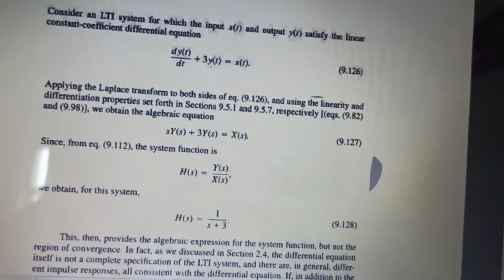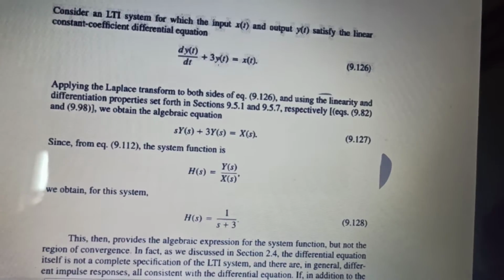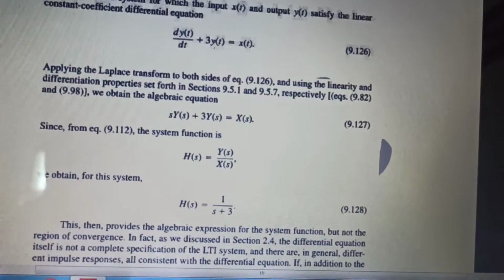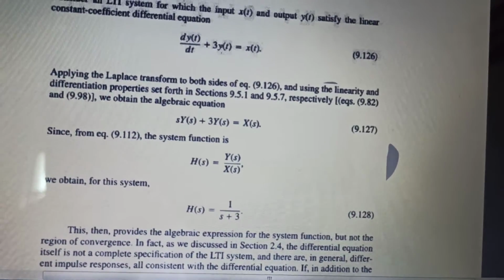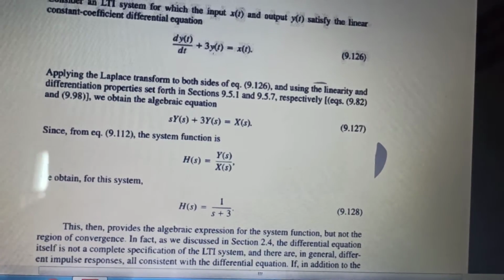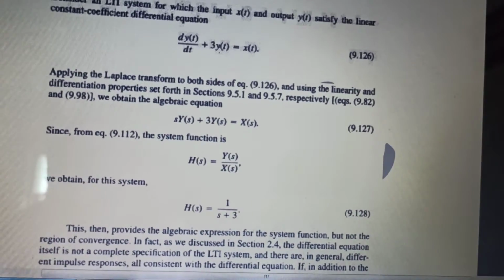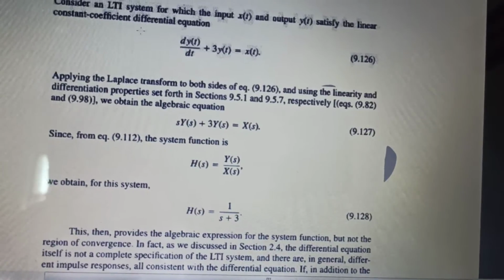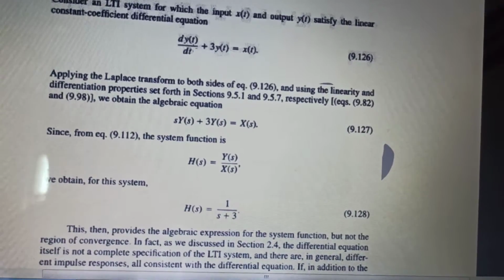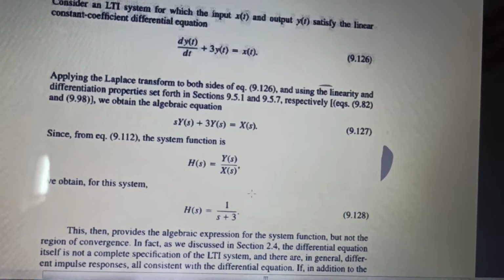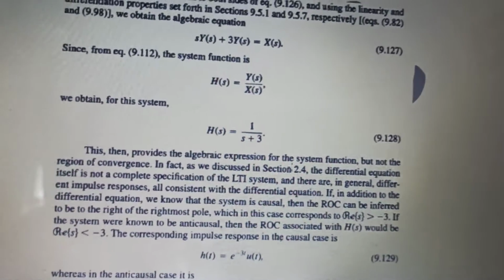This y is y(0), because when we form s square Y(s) minus sy(0), then automatically that sy(0) becomes 0. It cannot be sY(s); sY(s) will be only once. So this will become Y(s), this will become sY(s) minus 0, and this will be X(s). Okay. Now H(s) can be obtained like this.